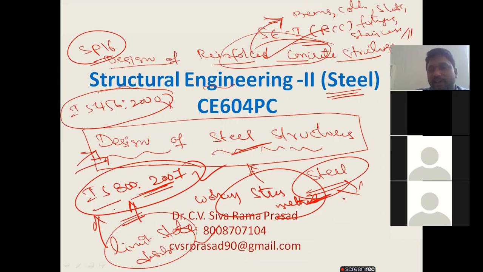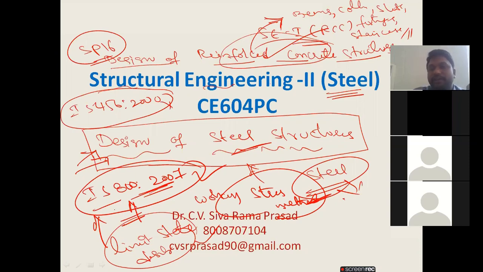For example, for steel structures, everyone knows the Howrah Bridge. The Howrah Bridge is made with a steel structure. The Eiffel Tower is also made with steel. Anyway, I will show all the photographs of steel structures before entering into the class, and I will show the code book which we will use. In that code book, we have different types of sections.